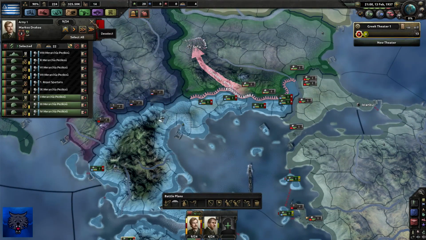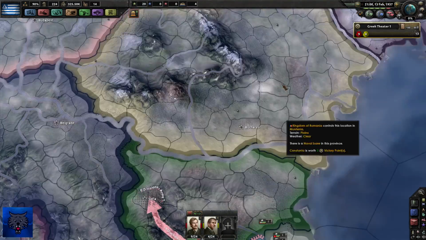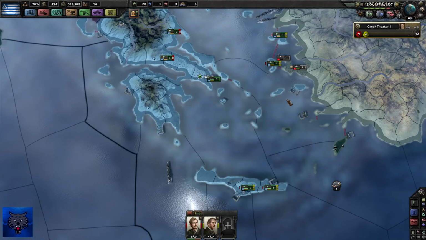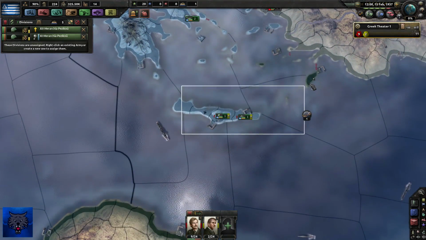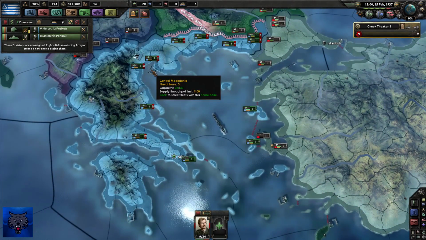Chuck that up here. We'll hit Sofia. We'll take out Bulgaria. Then we'll go for Romania, okay? And we'll leave these other guys here because, well, fuck it, there's not going to be any Bulgarian ships down here. So we're better off getting everyone up here at Thessalonica. And then having a crack at the...